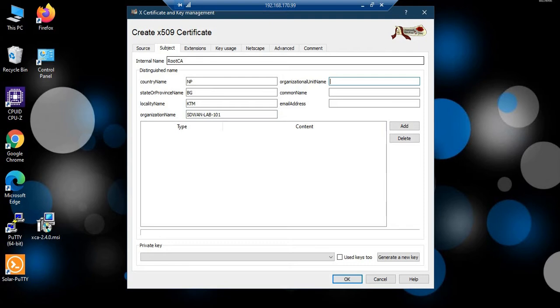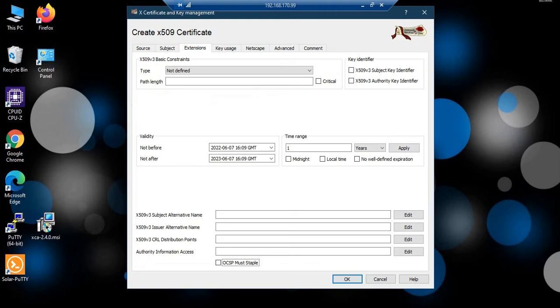I'm going to be using the same for the organization unit. Common name I'm again going to be using root CA. Extension is going to be certificate authority.